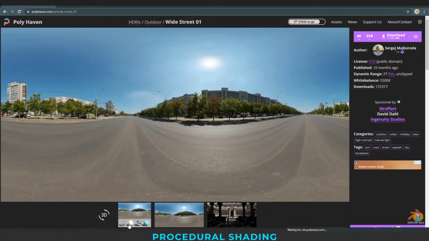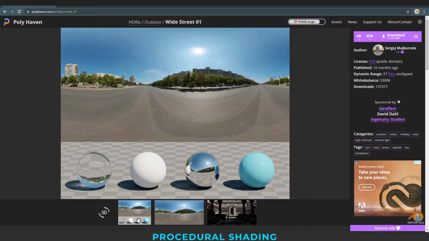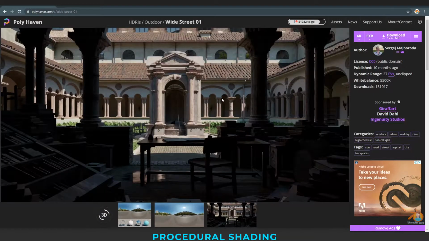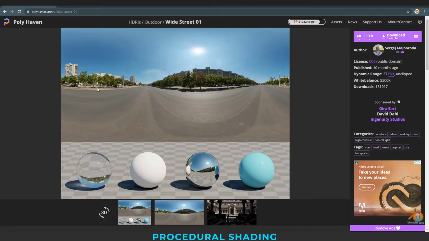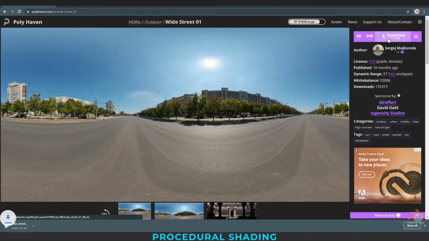Even in this website you can also find, they have rendered this asset using this HDRI, and for every HDRI you can see the render image which is rendered using this HDRI. So I'm going to 8K. I'm just downloading this.